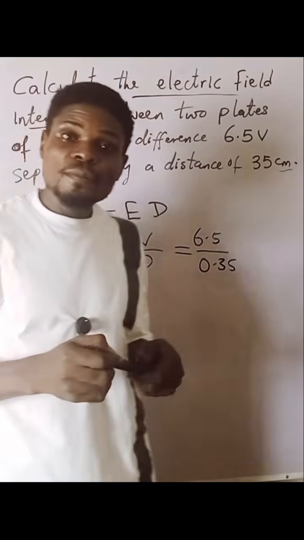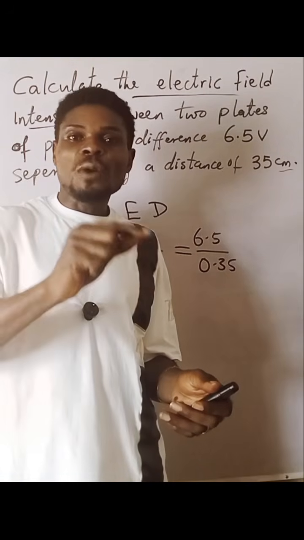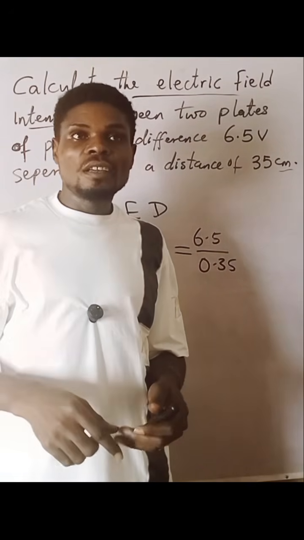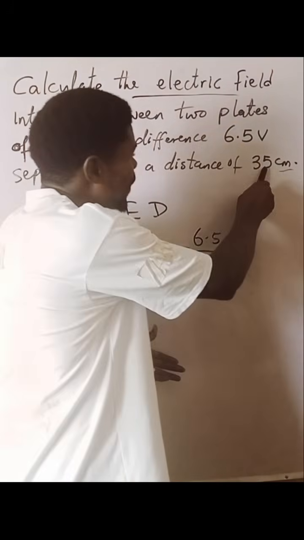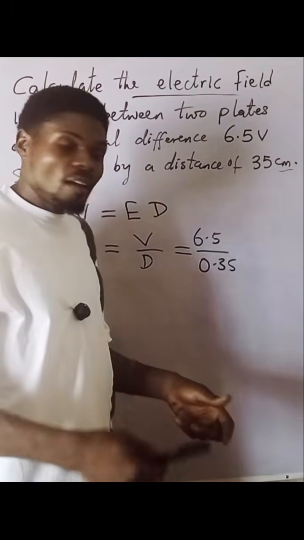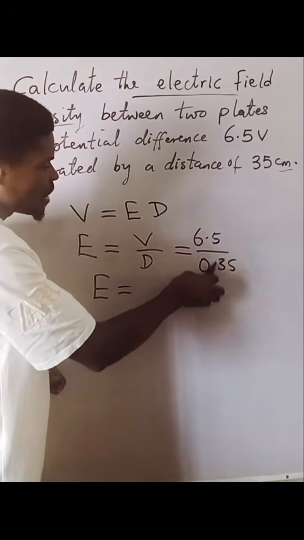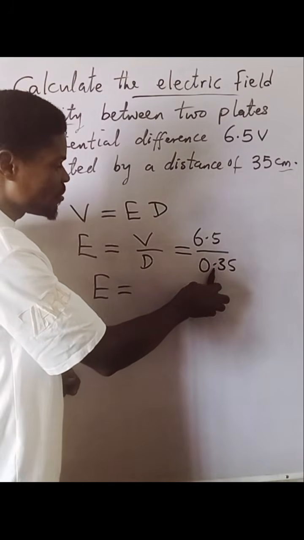And how did I do that? How to change from centimeters to meter is just divide the value you have in centimeter, divide it by 100, and here we go. So when you divide 35 by 100, all you get is 0.35, and that is why we have it here. Okay, finally, our electric field intensity, E, of course, when you say 6.5 divided by 0.35, you get